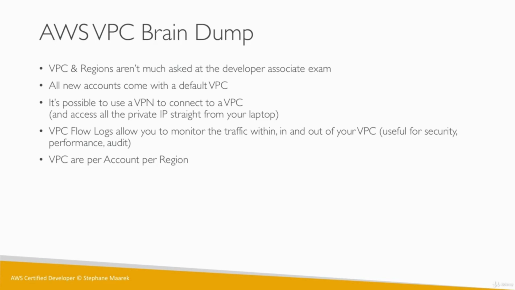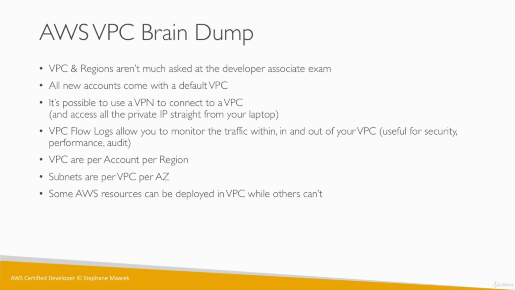And the VPCs are going to be at the level of the account per region. So if you have 5 regions, you need to have 5 different VPCs. And if you have 5 accounts, again, all the VPCs are going to be different. The subnets are only within the VPC, and the subnets are attached to one AZ only. Some AWS resources are able to be deployed in a VPC, while others cannot be deployed in a VPC, and that's just